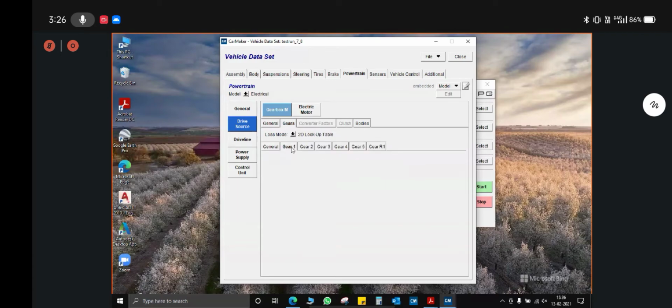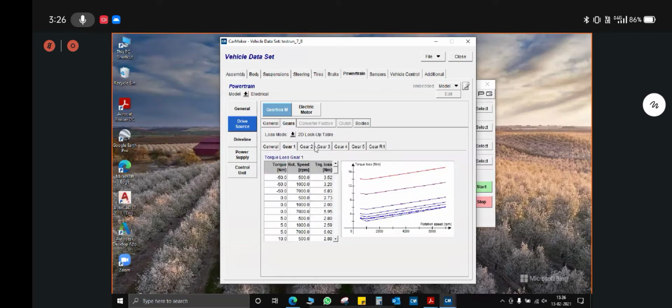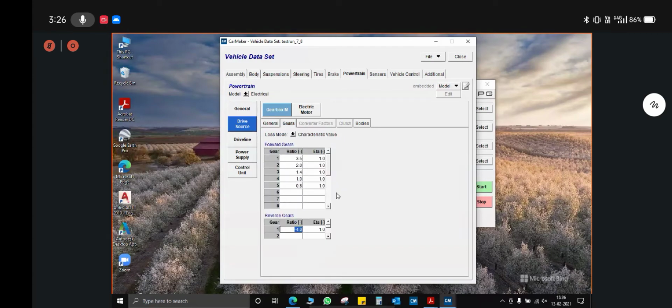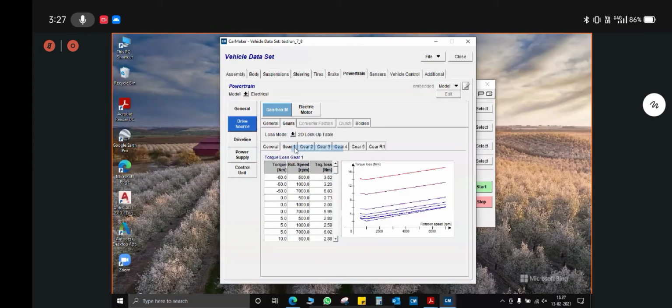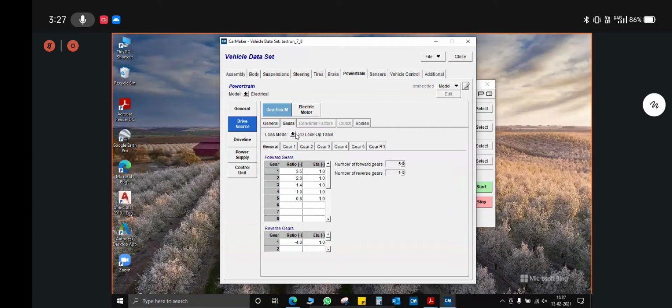R1 is reverse gear 1. And if you don't have these torque loss values, then you have to select the characteristic value, and you can just define the number of forward gears and their ratios, and the number of reverse gears and their ratios. This is completely depending on the availability of the values with you. Okay. And then in the bodies tab, you have to define the mass of your gearbox and the inertia.